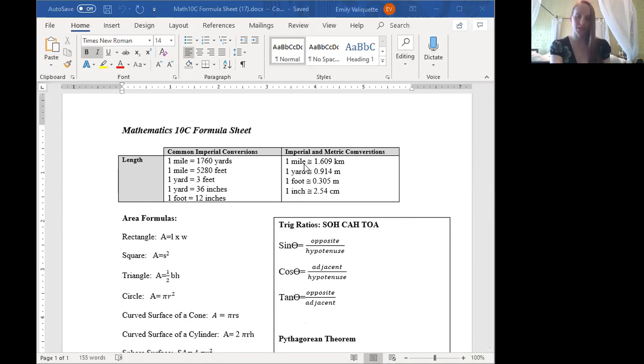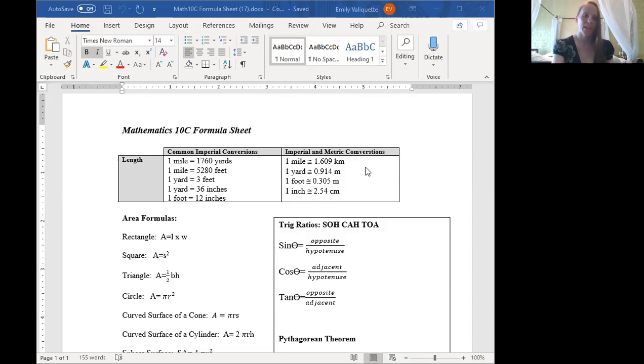imperial and metric units. It is important to note that you do need to know how to convert between different metric units, so between like kilometers and meters and centimeters and stuff like that, but that's not given to you. You do just have to memorize those unit conversions. You're only given conversions for converting between different imperial units, so like feet, yard, miles, inches, and converting between imperial